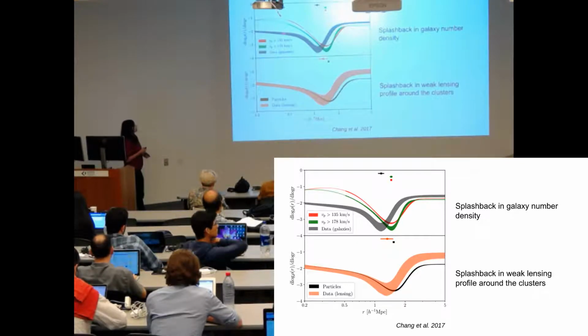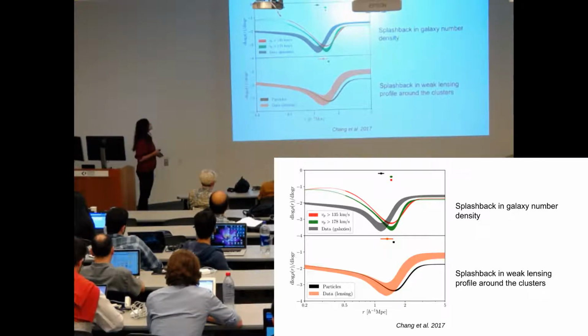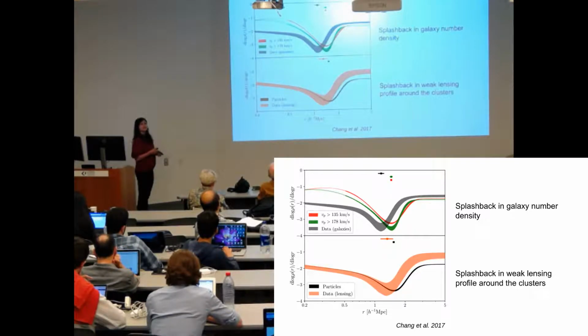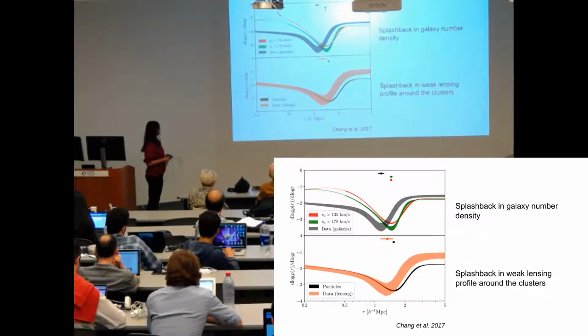The top panel, the black curve basically shows your measurement of DES clusters, and the red and green curves show the measurements from subhalos in dark matter simulations. And in the bottom panel, the black curve shows the measurement from simulations, and the red curve shows the measurement basically from DES data. And as you can see, the minimum is about 20% away from where you would expect it